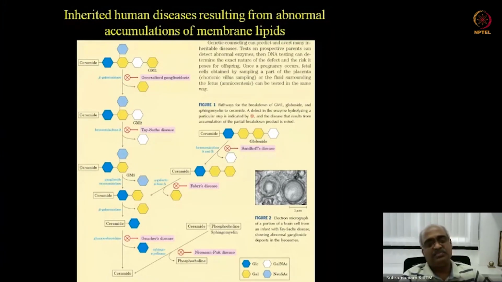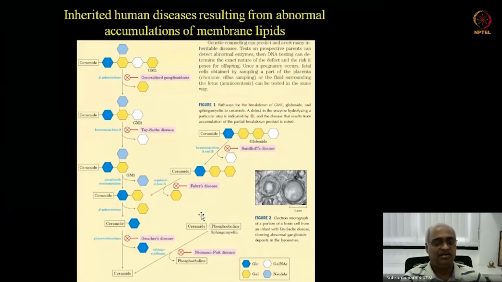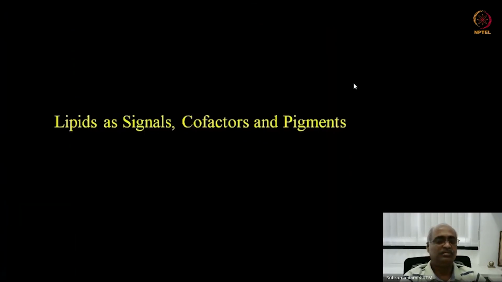And since this is based on DNA sequence, it can be diagnosed, and genetic counseling can be used to counsel people about going ahead with a given pregnancy, or whether marrying that person is the right thing or not, given your genetic constellation and so on. So this is setting the stage for our next transition, lipid functions, which is